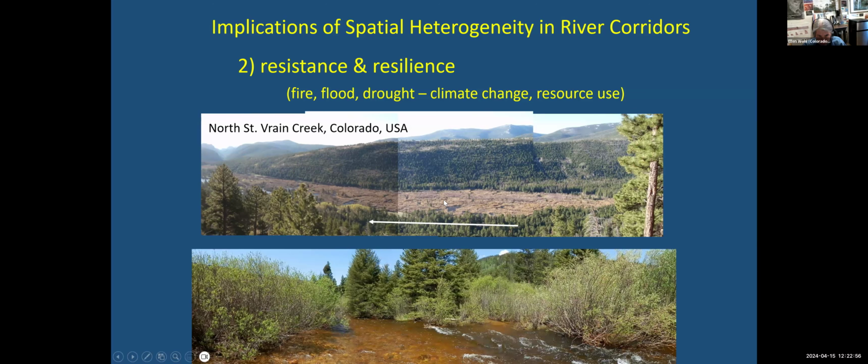Hopefully you can see there's channels that branch and rejoin. The bottom photo was taken at the same site in early June, just as the willows are starting to leaf out. And it's very hard to tell in this photo, but there are 3 secondary channels coming together and flowing towards me where I was standing taking the photo. This is a site with a lot of spatial heterogeneity associated with beaver modifications.